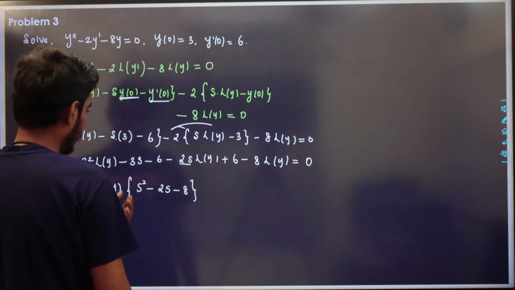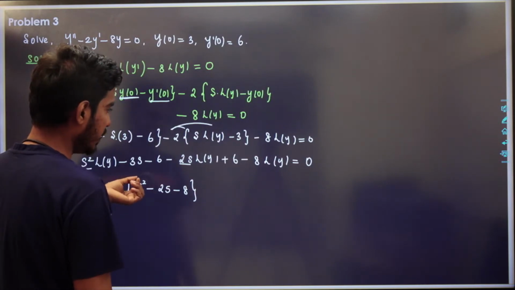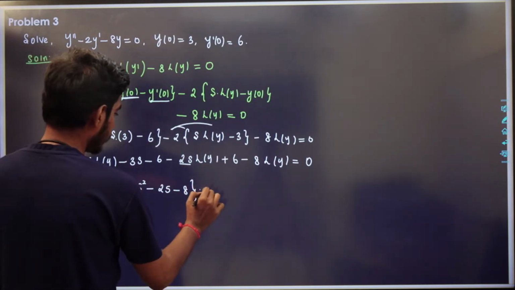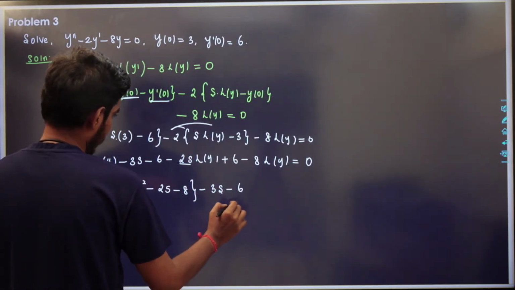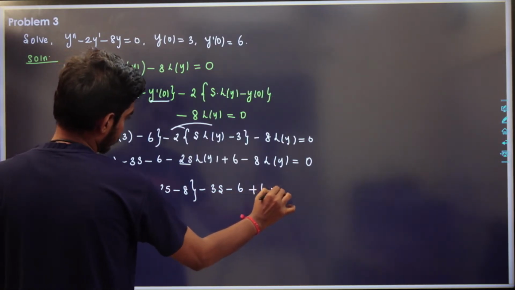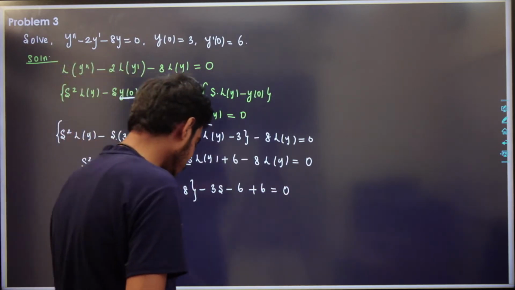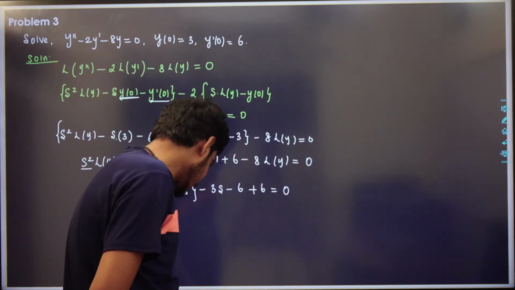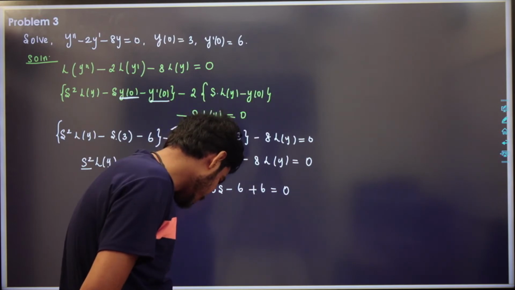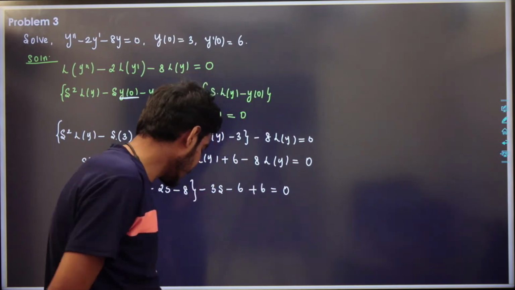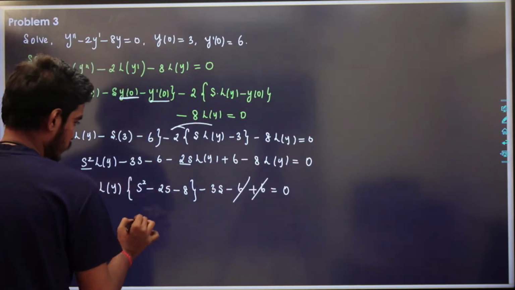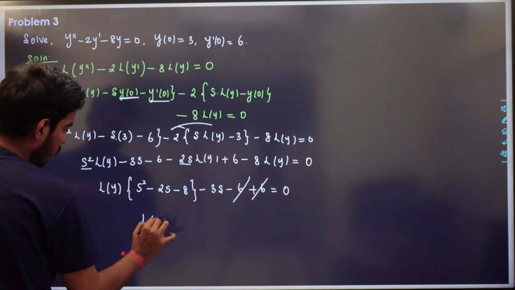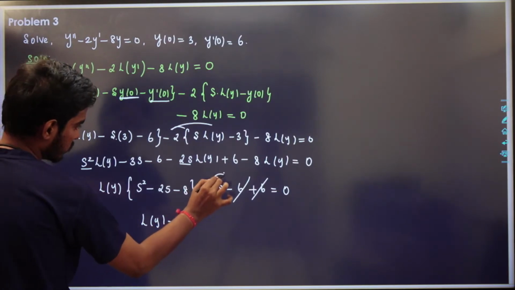And what are the terms that don't contain L of y? We have minus 3s minus 6 plus 6 is equal to 0. Minus 6 plus 6 is equal to 0. I think the question is correct. So these two will get cancelled. That means we have L of y is equal to, taking this term to the other side,